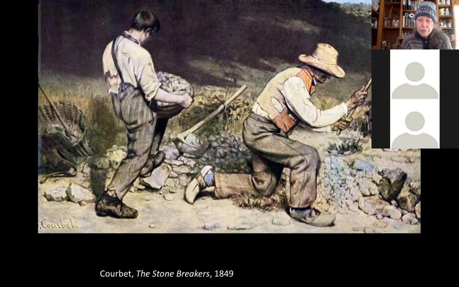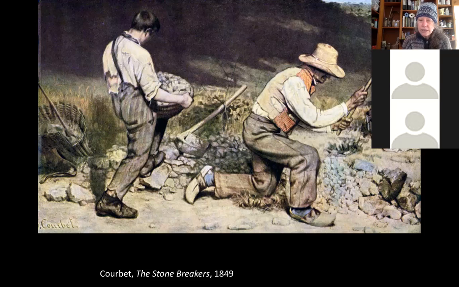And so he took it upon himself to start making large oil paintings about ordinary events and ordinary people. That is, the people from Orléans in particular, his part of France, where he came from. He was not from Paris. He moved to Paris to become an artist, but he was really from the country, you could say, from rural France. And so a lot of his paintings are about rural France, the landscape, the people.